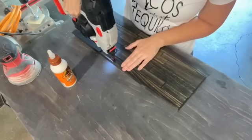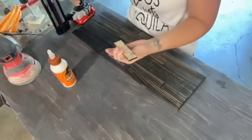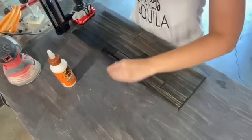But if you don't have a bunch of these tools or whatever, you can go to Home Depot or Lowe's. If you know the size, you can have them cut it right there for you. And